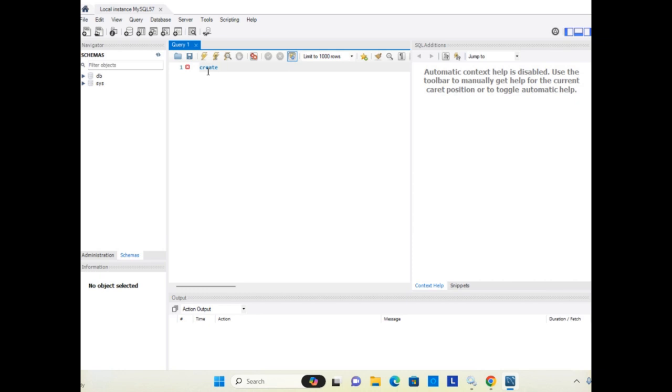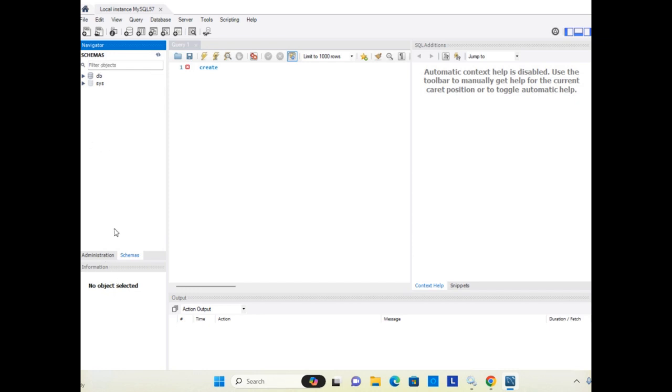And as it is a graphical user interface, you want to see what type of database you are creating, and you can view it with the help of schemas here. In the schemas, these are the names of the databases. If I create any other database, that name will be visible here in the schemas.